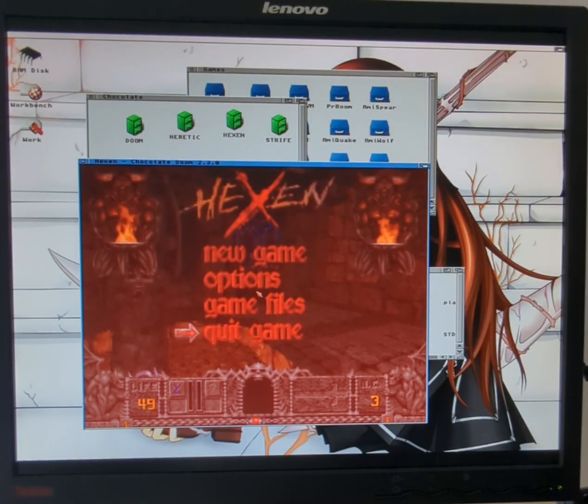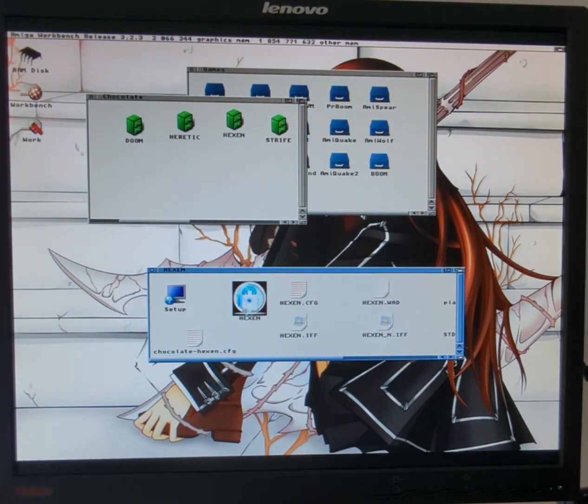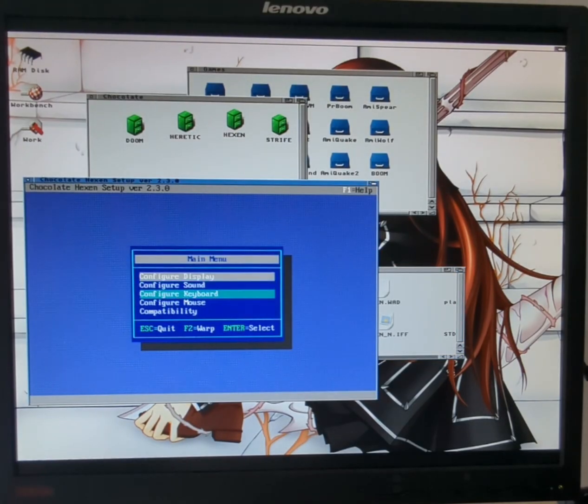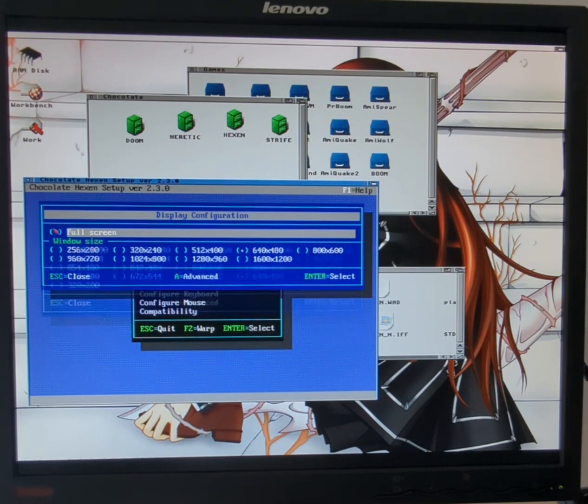So all of these four Chocolate Doom games have their own setup, and pretty sure you can go to full screen,